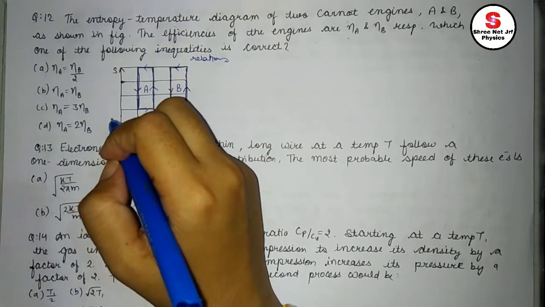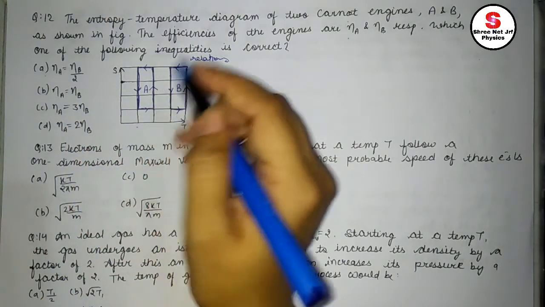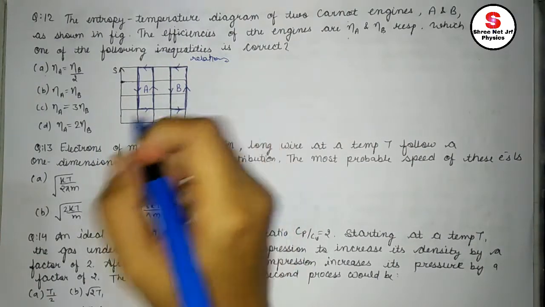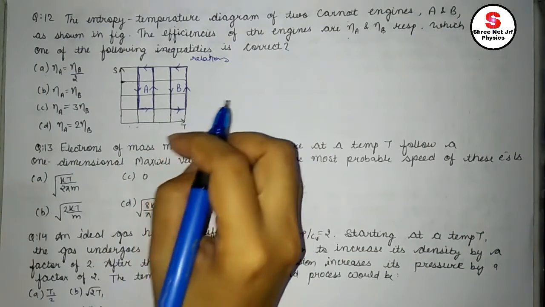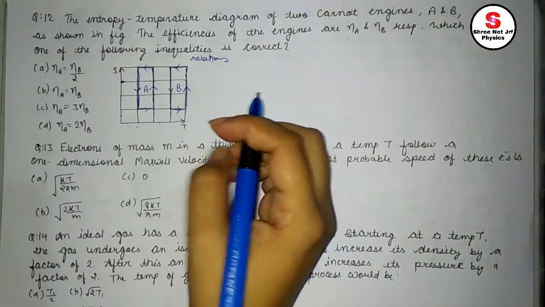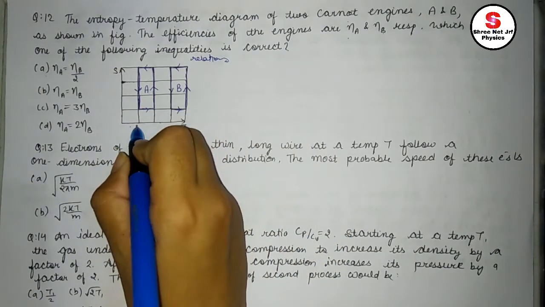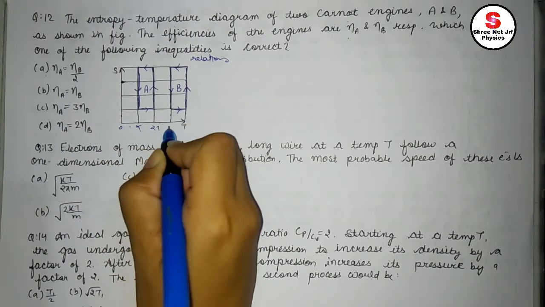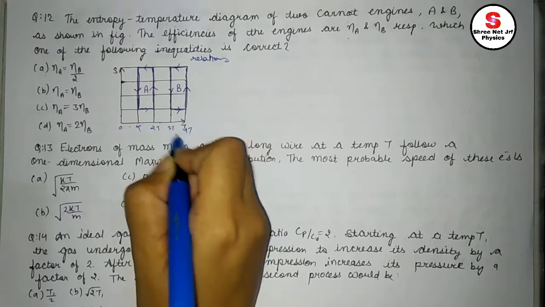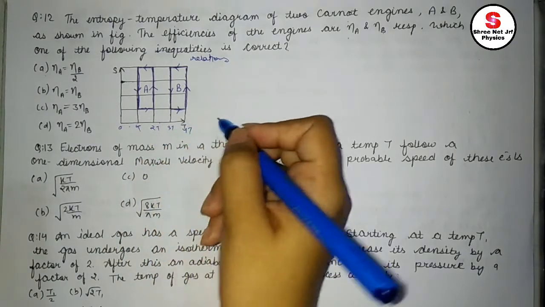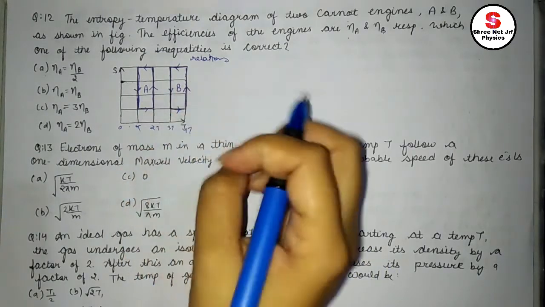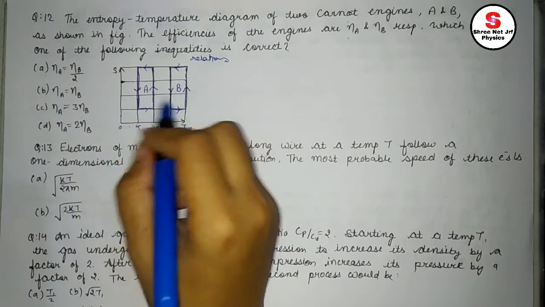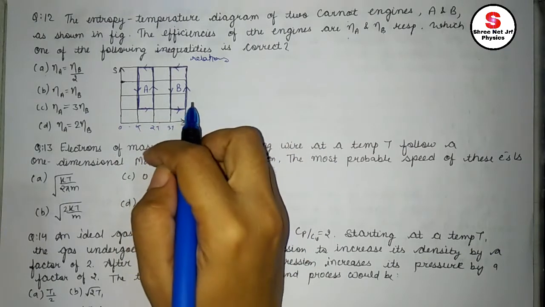See here, you can do it using the TS diagram curve, where the area under the curve gives us work done and all that. Here, because the intervals are the same, I am solving using that. Let the temperature scale be 0, T, 2T, 3T, 4T. I think it is an easier method, so I am solving by this. You can solve by the other method also if you know how to write the work done for TS.